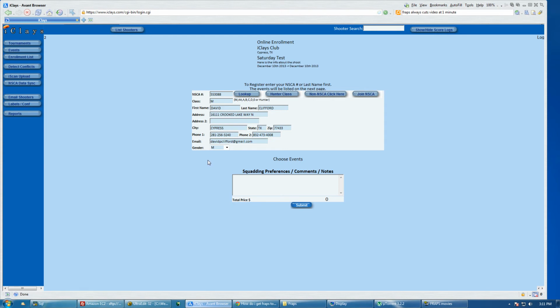Now, depending on what type of events you want to add, each of those is covered in a separate tutorial. So this is the end of the tournament creation. And at this point, you should go back to the tutorials page and look over which types of events you want to add, and we'll talk specifically about